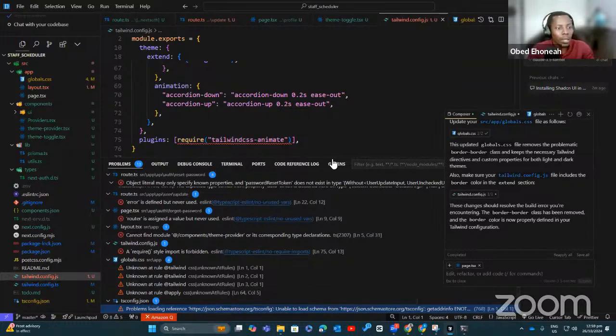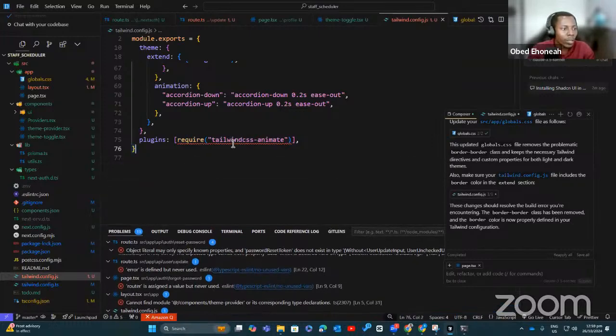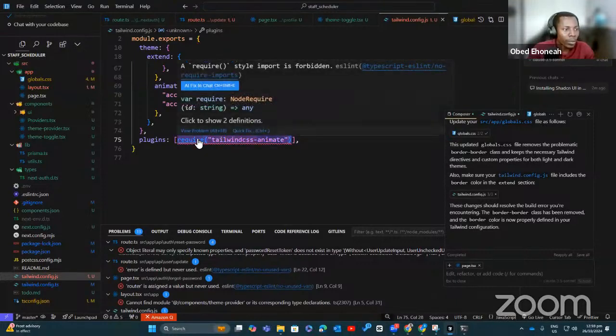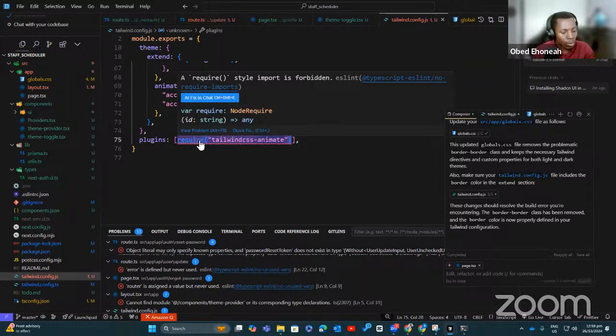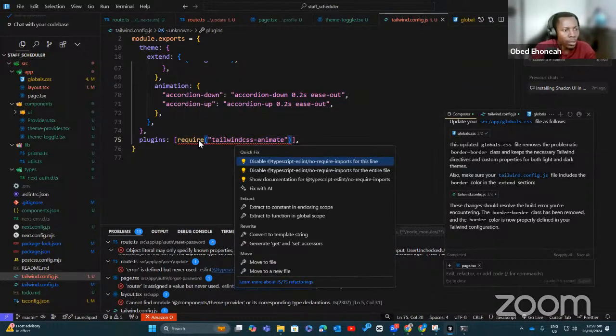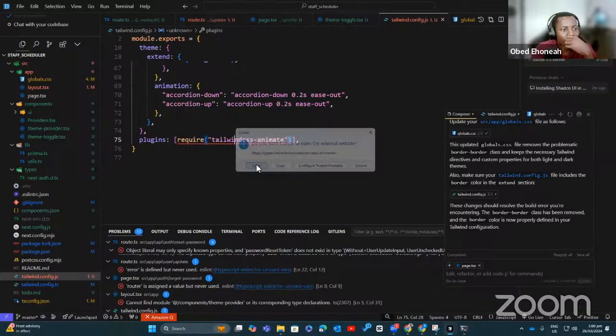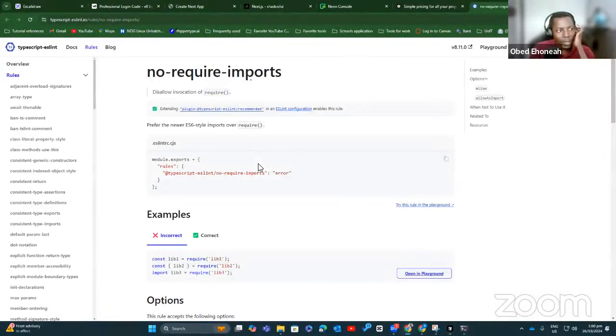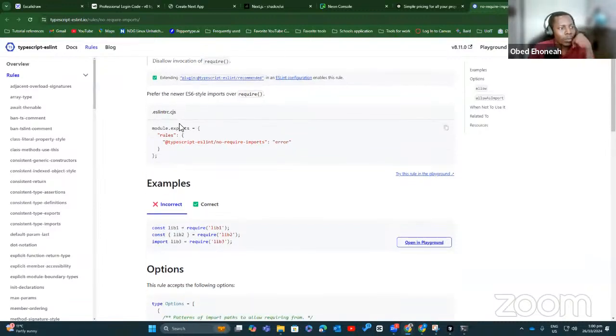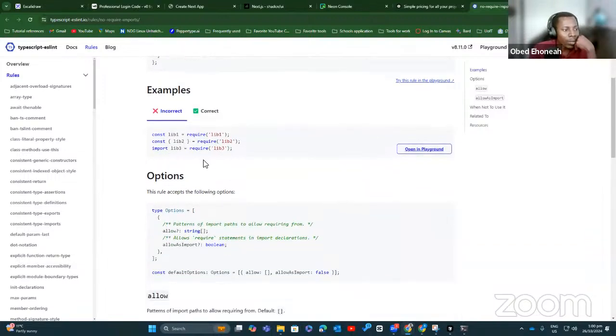If you're using VS Code or anything similar, you can go to the documentation itself. If I press Control and the dot and choose show documentation for this, it takes me to the part of the documentation that talks about disallowing this invocation. That helps me appreciate the error and how to correct it.